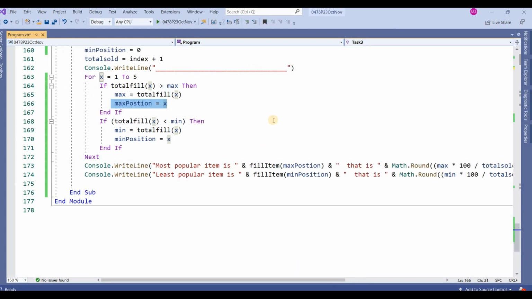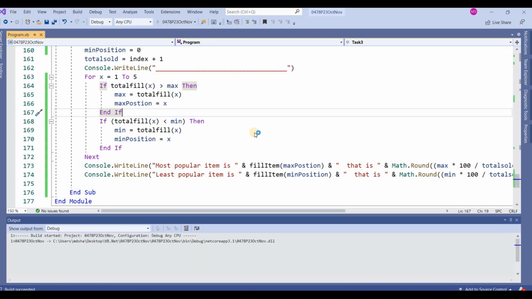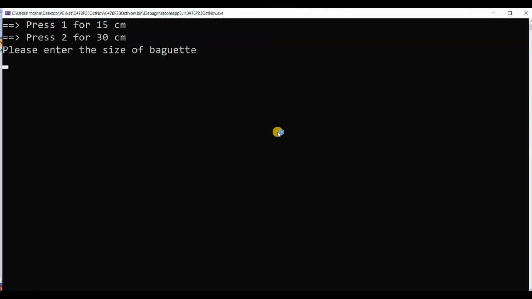Clear? Now students, if you want to check the result, I have to enter more values, five or six values, and then it will show the result. What I will do is enter beef 3 times, chicken 2 times, and so on: 3 times, 2 times, 1 time. I have to enter so many times like this. Then you will get a good result. Now I want to run this.